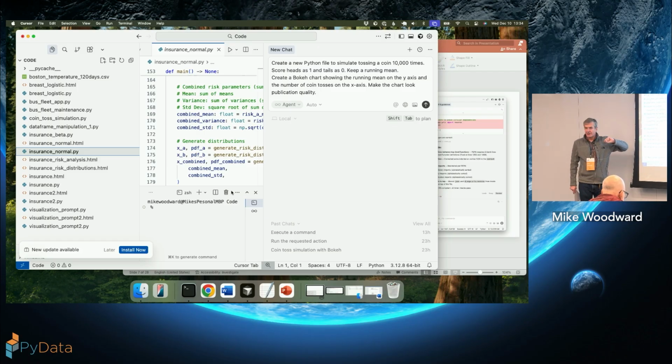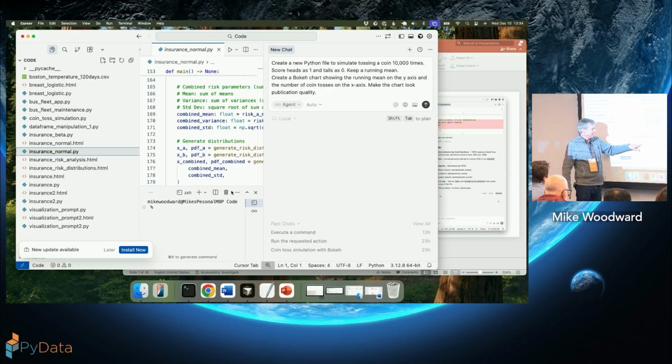Cursor works largely on a folder basis, and it expects files in the same folder to be related in the same project. So that's the explorer. When you open it, it will ask you what folder you want, and it's a big deal to move between folders, because it loads up a whole bunch of context as well. So if you've got the same kind of files in different folders, it's not a good idea unless they're in subfolders.